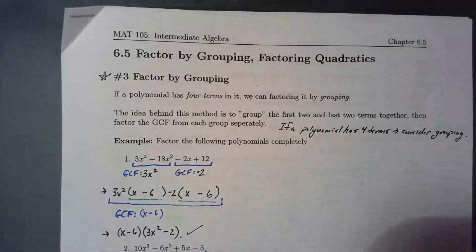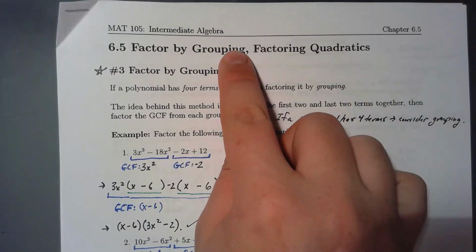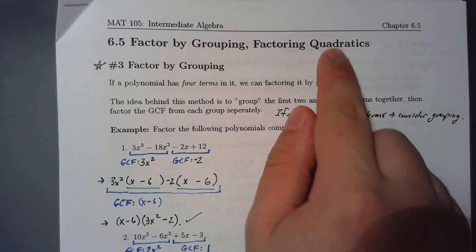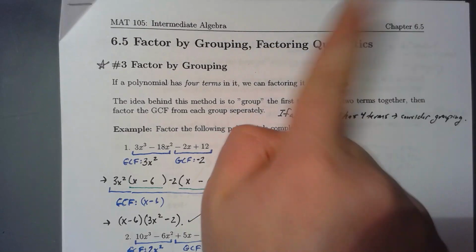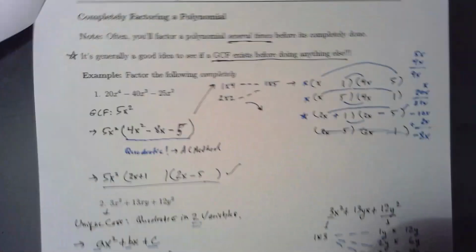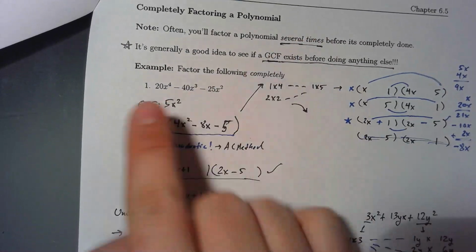So again, to summarize this section: factor by grouping and factoring quadratics. Grouping if you have 4 terms. Quadratics, use the AC method. You can use the AC method 2 ways. List all the possibilities, that's trial and error, or use factor by grouping. And to summarize, you should always factor a GCF out first before doing anything else,